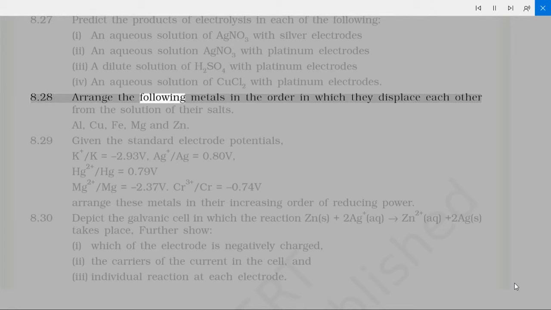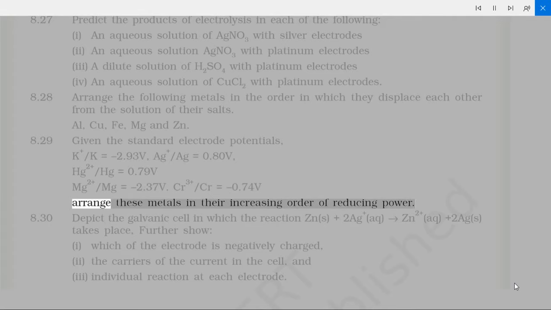8.28 Arrange the following metals in the order in which they displace each other from the solution of their salts: Al, Cu, Fe, Mg and Zn. 8.29 Given the standard electrode potentials, K+/K = -2.93 V, Ag+/Ag = 0.80 V, Hg2+/Hg = 0.79 V, Mg2+/Mg = -2.37 V, Cr3+/Cr = -0.74 V. Arrange these metals in their increasing order of reducing power. 8.30 Depict the galvanic cell in which the reaction Zn(s) + 2H